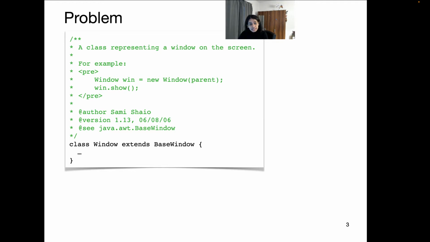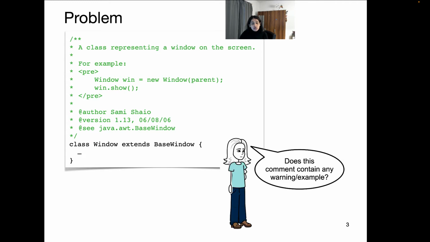Code comments contain various types of information, but the problem is how to find this particular information. For example, does this comment contain any warning or example? Now, this is a short example, so maybe here we can see that there is the word example, and it's separated above and below by a line, so it's easy to see. But many times comments are long, and then the developer has to scroll through to find a particular type of